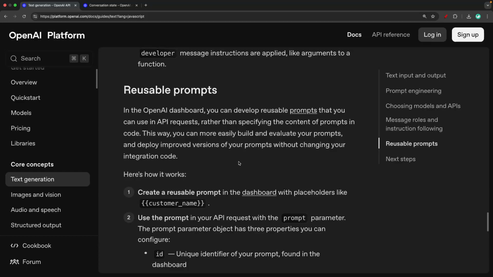So this is probably things like you have a reusable prompt, which you can paste, I guess, using an API request rather than specifying the content of prompts in the code. Oh, okay, cool. Now I got it. Okay, so let's say